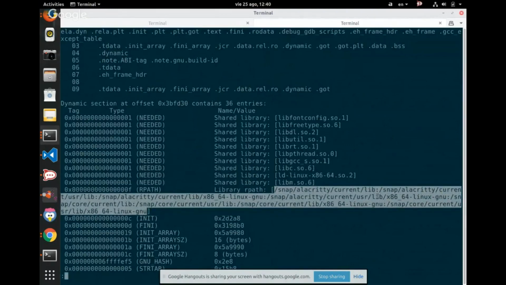So these R paths are common ones corresponding to basically what you find inside a snap, and also the ones that you would find inside the core. So to be able to load things from the core instead of the host, dependent libraries for that base, basically. And the other interesting thing,